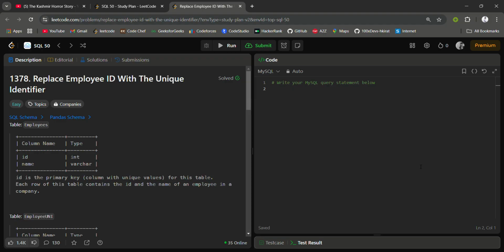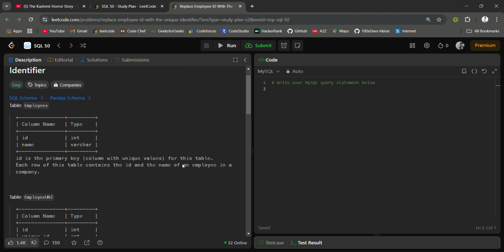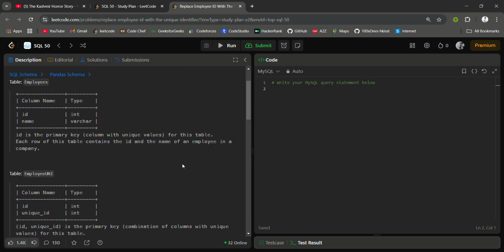Today we are discussing another problem, which is Replace Employee ID with the Unique Identifier. So till now we solved problems on a single table, but from now onward we will solve questions on two or more tables. Basically, we use the join concepts. Okay, so first of all,